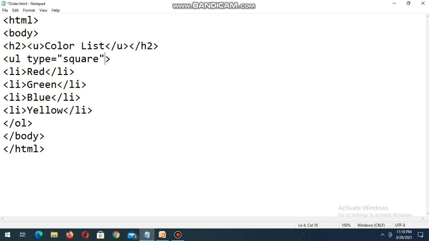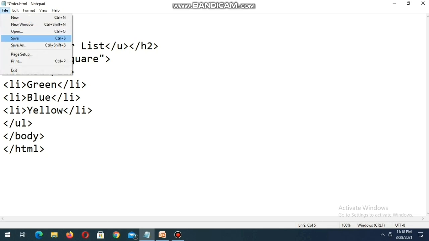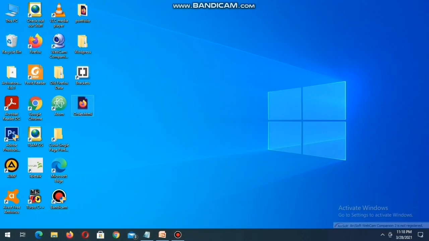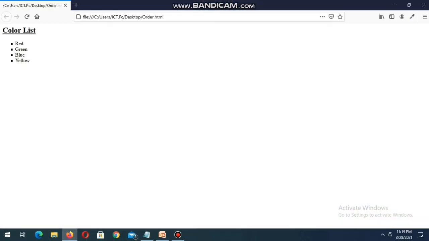Now click the save button to save it again and then run by using the same procedure. Just double click here, then you see the color list red, green, blue, yellow, all in square shape. If you give circle instead of square, then it will be a circle.